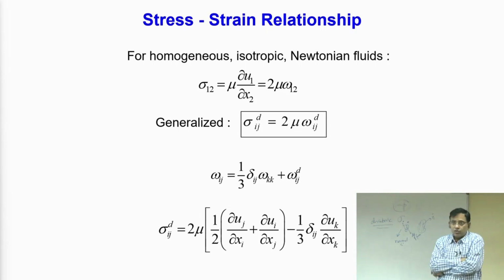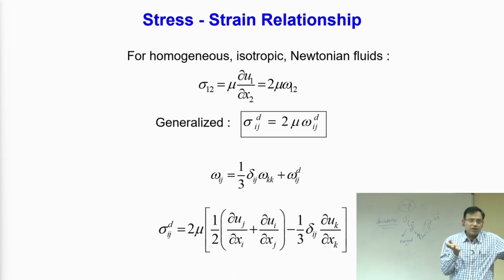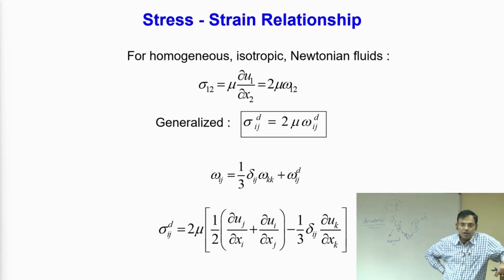But how stress is related to deformation, that is where different fluids are different. If there is a fluid for which the stress is linearly proportional to the rate of strain, and that proportionality constant does not change with any change in orientation of the coordinate axis, that means it is isotropic, and also it does not change from one point to another, that means it is homogeneous, then with a single property, viscosity, you can describe the relationship. So, in that way you can write